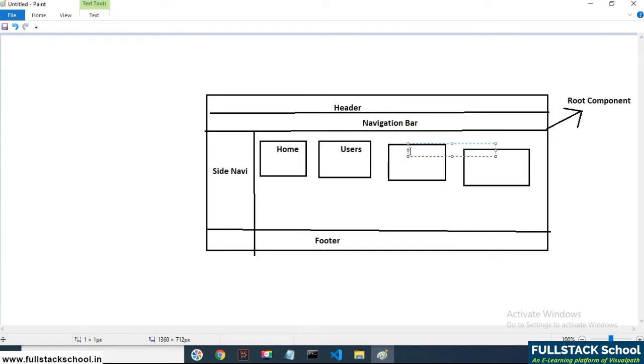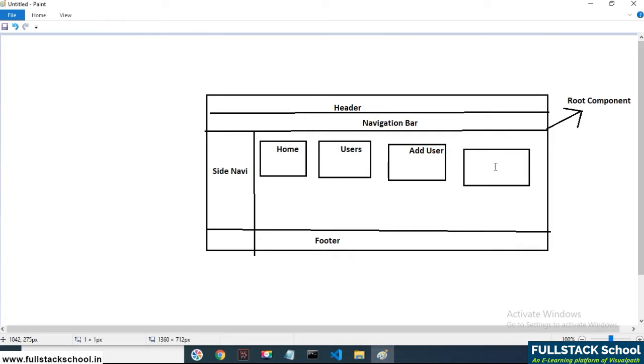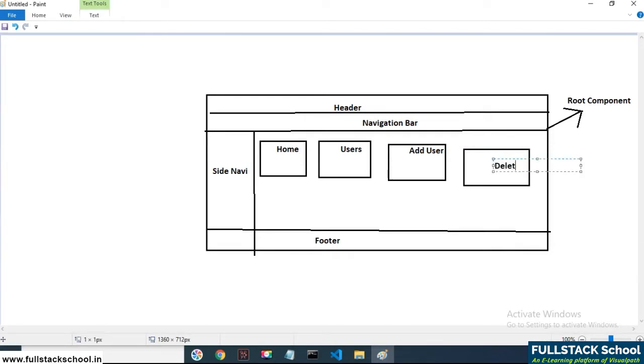Inside that, we are creating one more, add user. Add user is one component. Let us take delete user is one of the component. Like this, as many number of components we can create in the total single web page, and this is what we are calling the component driven architecture.